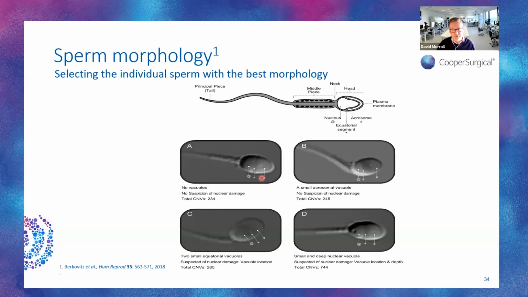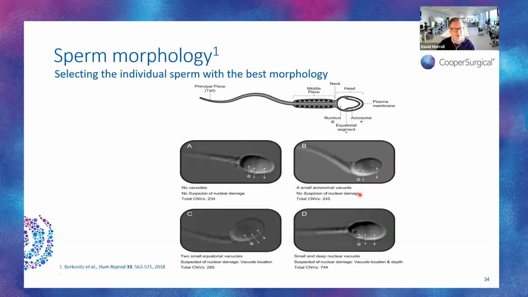And what they suggested is that the genomic instability that you see in sperm is more related to the location and depth of vacuoles. And they related it to the copy number variation in the sperm,